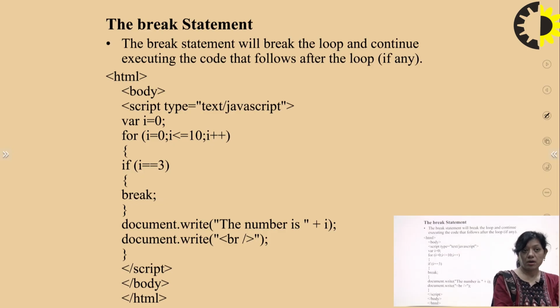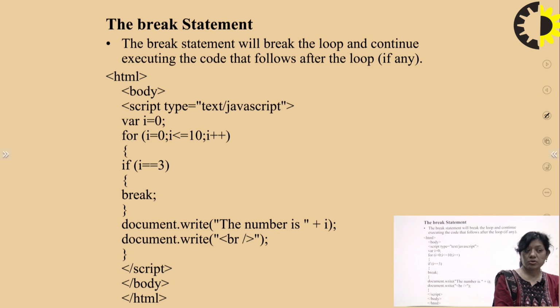Now, here I write if I is equals to 3. जब I की value 3 हो जाए तो हम loop से बाहर हो जाएं. Now I become 3. 3 is less than or equal to 10, the condition is true. We will enter the loop. Here I mention if I is equals to 3. 3 is equals to 3, the condition is true.